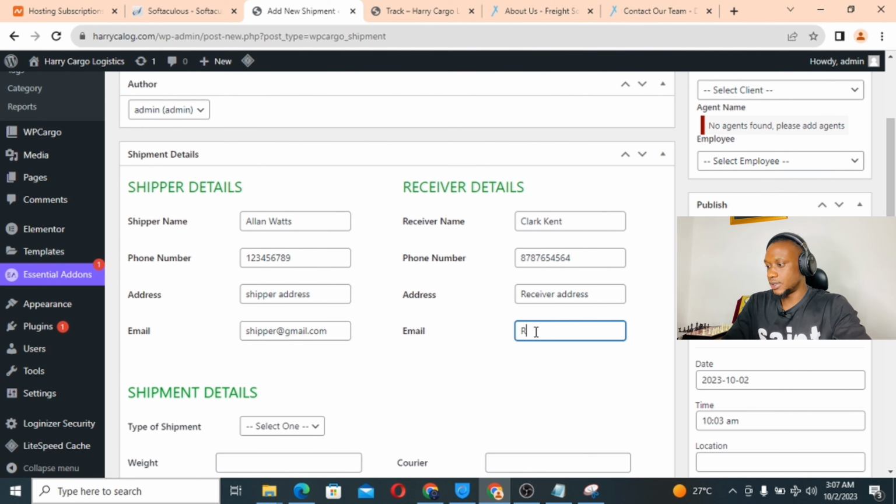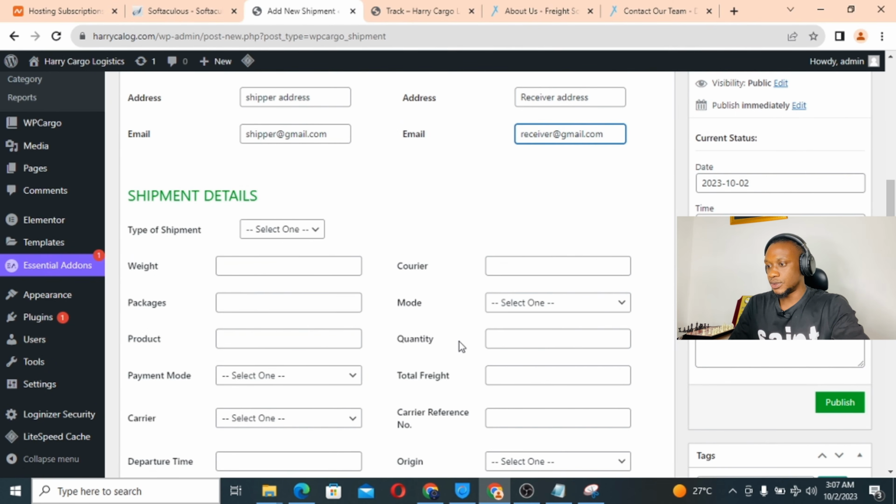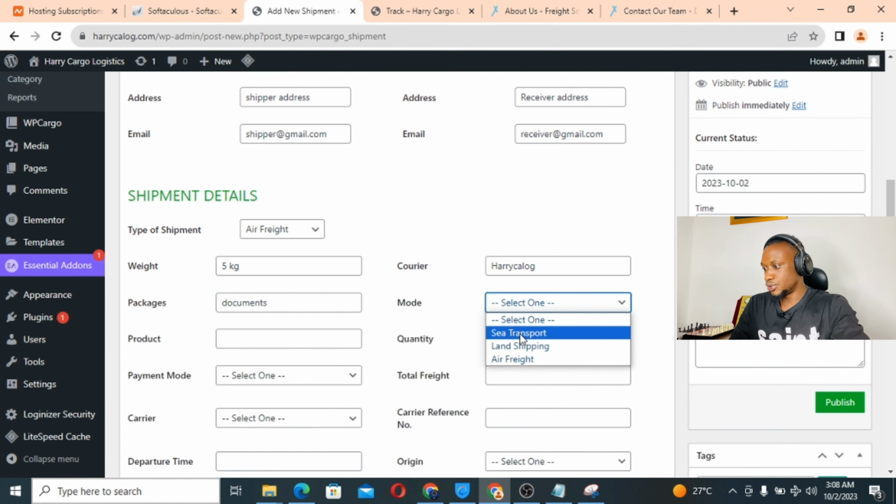Then receiver, but I'm just putting anything here so that I'll just show receiver@gmail.com. All right, so type of shipment, I can make it air freight, weight, let's say 5 kg, courier, let's say Harry, catalog. All right, packages, let's say file or document, documents. All right, the mode, air freight,